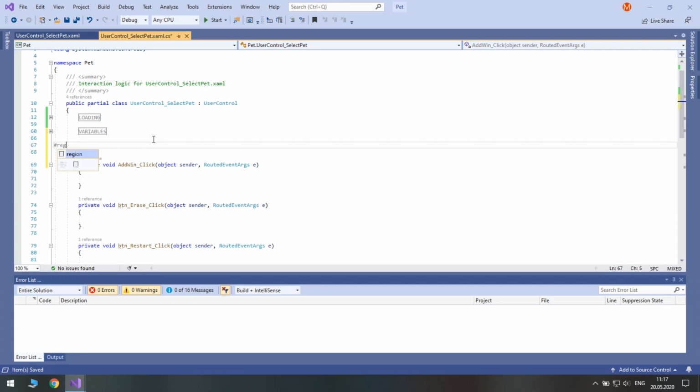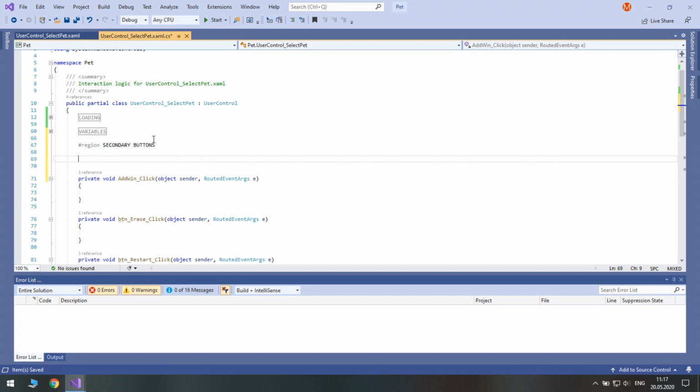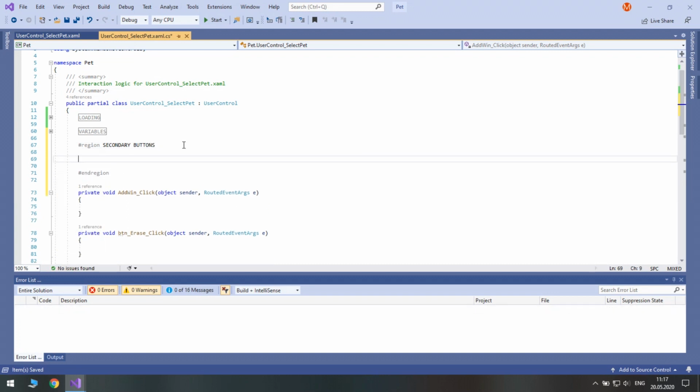Now let's create a region for secondary buttons like Restart, Main Menu, and Exit. We can also make a subregion for Restart.